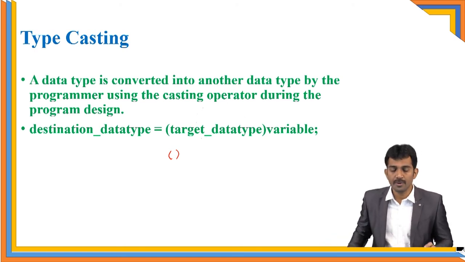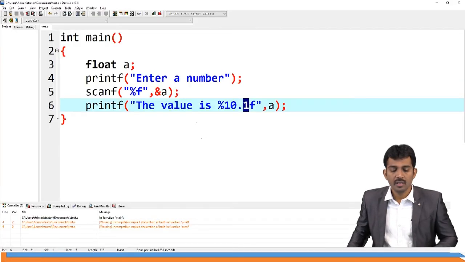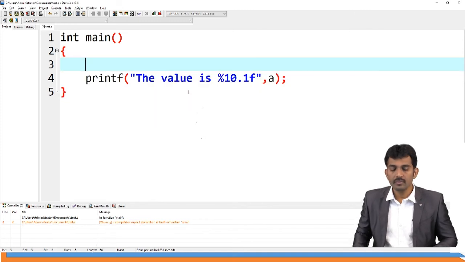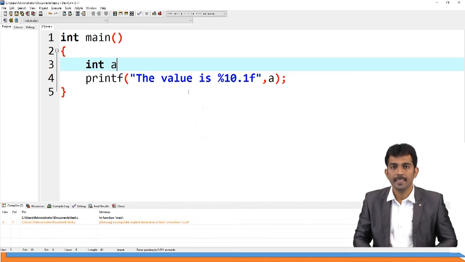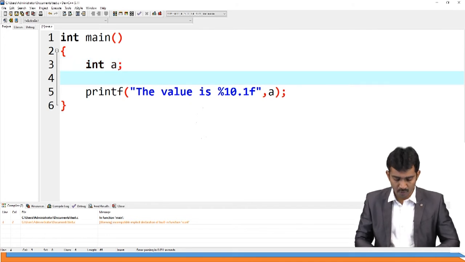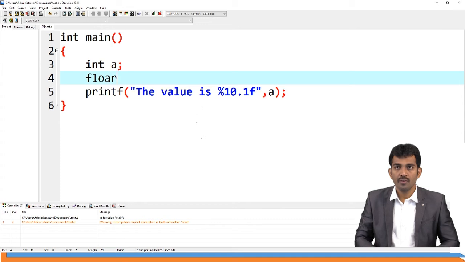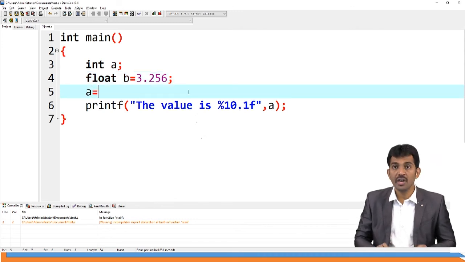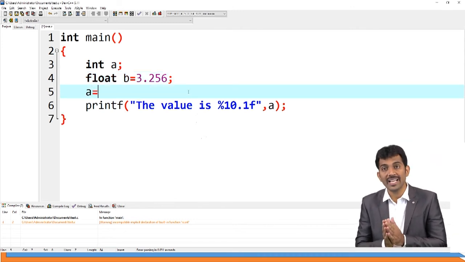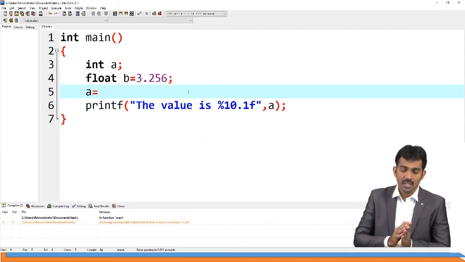For example, I will show you an example. Here int A, and float B. So float B equal to 3.256. Now I want to cast B into A, right?